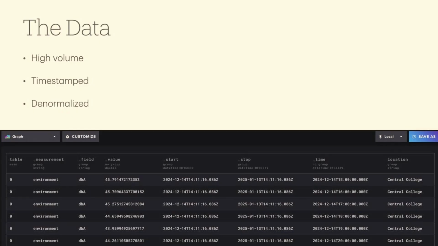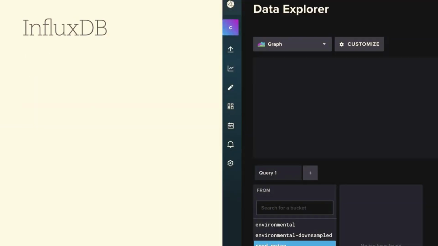It's also time-stamped data. It's data that exists in time, so time is very important, which I'll expand on in a moment. And it's denormalized. That's just a fancy data word that means I'm storing all the data together in the same table with everything about that data, which is typically what you do in an analysis type situation, which is what I was doing. So because of many of these reasons, I chose to use InfluxDB, which is a time series